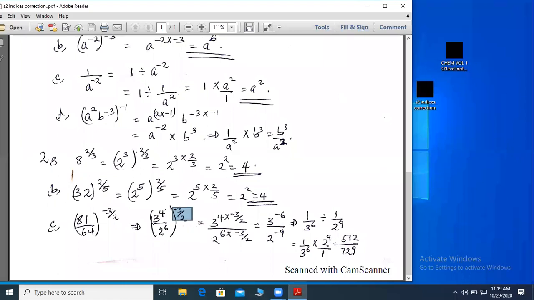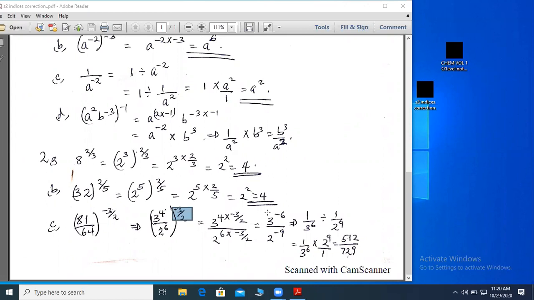So I will have 3 to the power 4 times negative 3 over 2, then 2 to the power 6 times negative 3 over 2. And 4 by 2 is 2, this is 1 by 2, this is 2. By 2, this will be 1 by 2, that will be 3. So I have it as 2 to the power